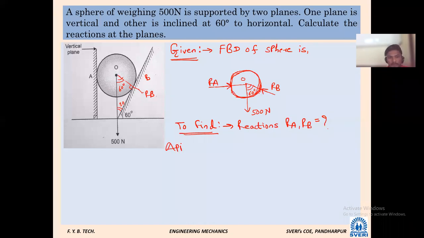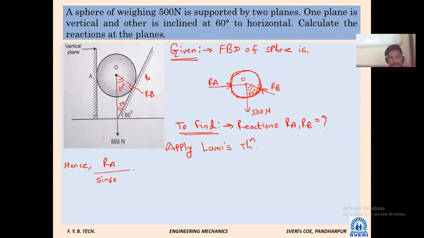Is it possible to apply Lami's theorem here? Yes, sir. Apply Lami's theorem. Why? Because how many forces are there? 3 forces, which are concurrent, and the body is in equilibrium. So we can apply Lami's theorem. Therefore, hence, RA divided by sin 60